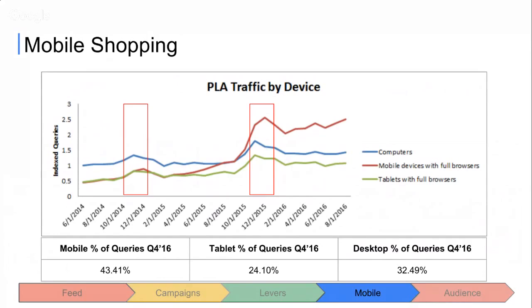We're talking 45% of queries last year. We can expect that to be 50 or greater. So you're literally missing out on half the opportunity. What's really interesting about that graph is when you look at trends in general and you split it out by device, say computers, mobiles, and tablets, generally what you find is that desktop starts to slightly decrease a bit. Yeah. But if we look at this graph, because of shopping and just the influence it actually has with